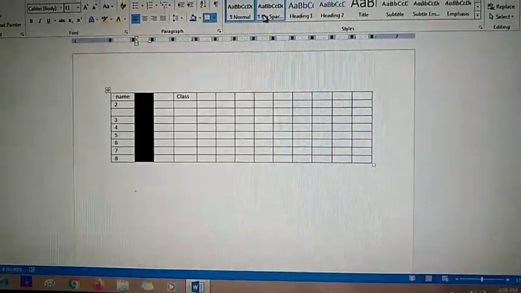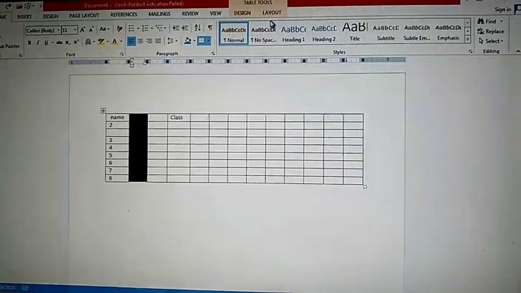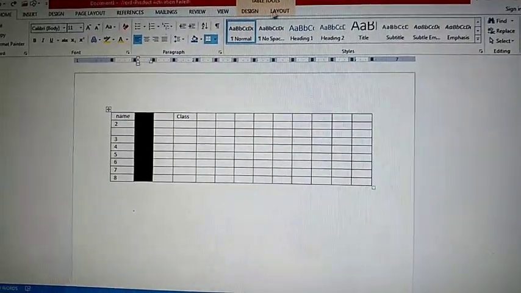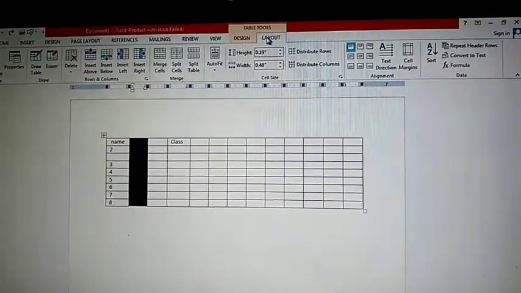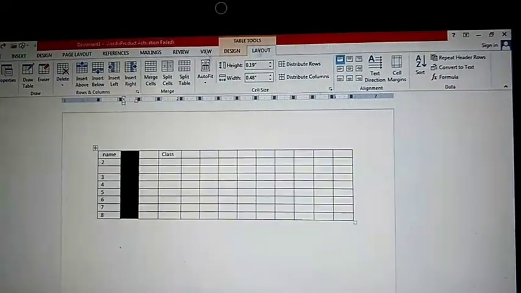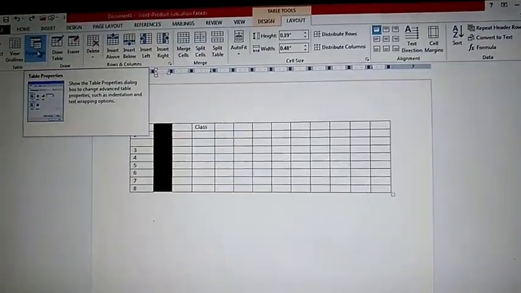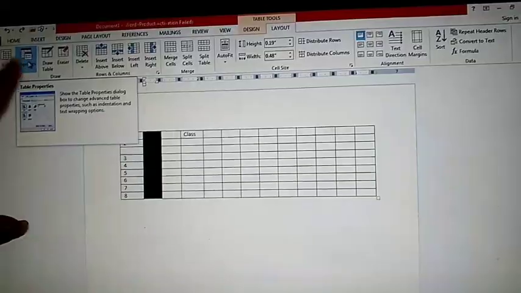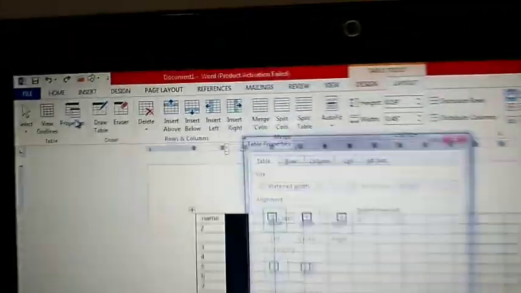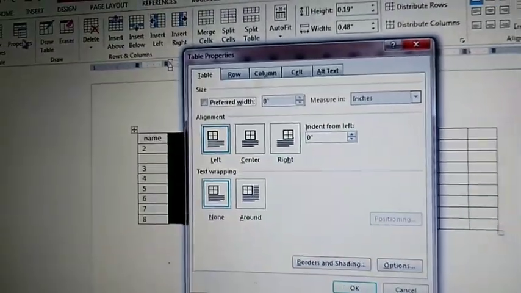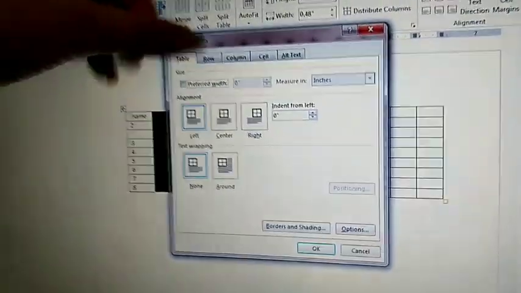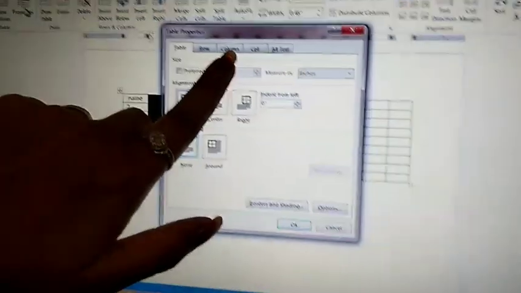So click on that, and after that what you have to do, you have to go to the layout tab. In the layout tab you will get one properties option. You will click on this properties option, and there one box will come. It will show row and column, both are given.